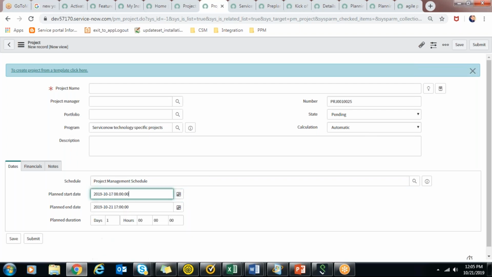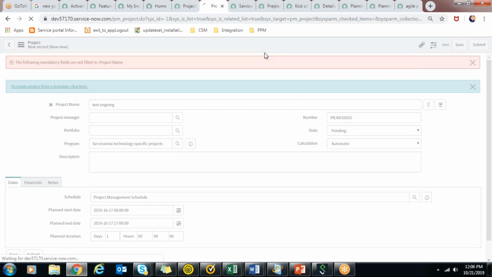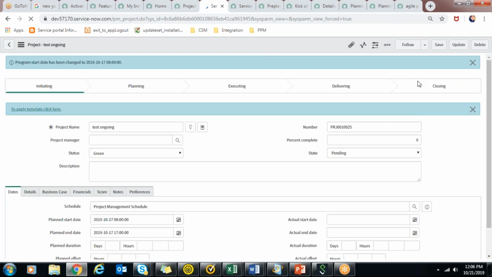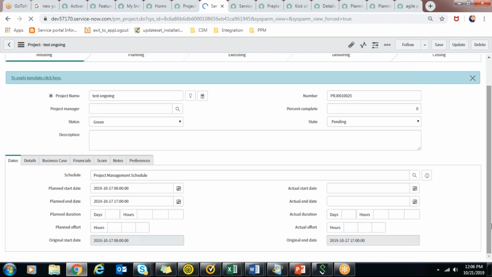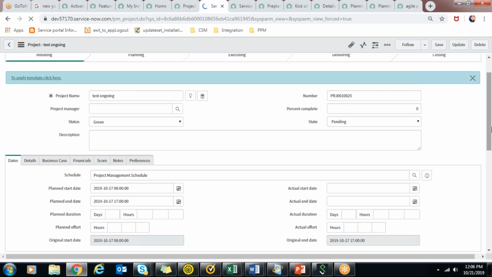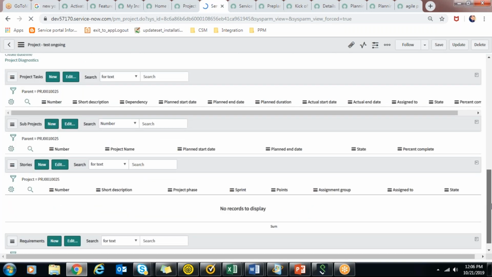I don't think it will allow me previous dates, or no. Let me check. Yes, that's there. And I'll create tasks from 17 to 25. Let me see how it will show up in the planning console.